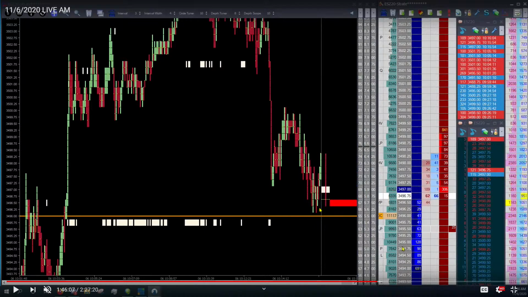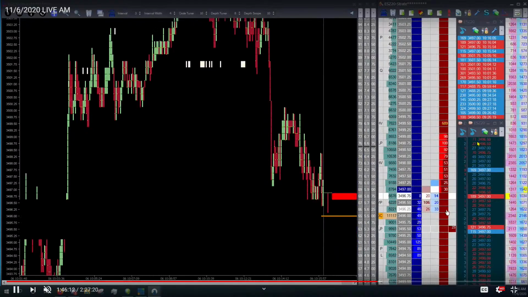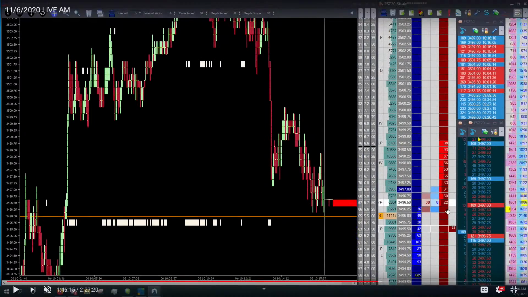It was working, but then that block fucked it up, essentially. I don't think if that block came in, that wouldn't have happened. And I think it would have worked at that point. That's why you listen to order flow, because it talks to you. Okay, so I just had plenty of opportunity, and I was messing with